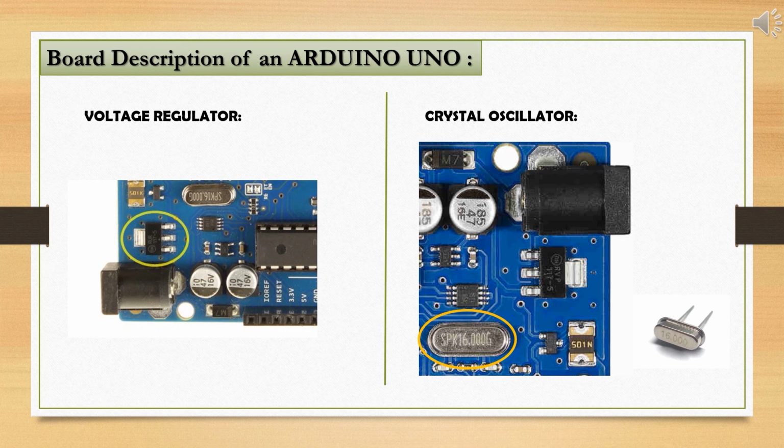What is this crystal oscillator? The crystal oscillator helps Arduino in dealing with timing issues. You can ask me a question: how does Arduino calculate time? The answer is by using this crystal oscillator. The number printed on the top of the Arduino crystal is 16.000H9H. It tells us that the frequency is 16 MHz.